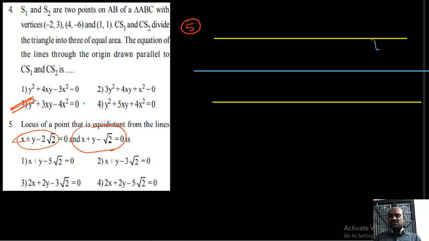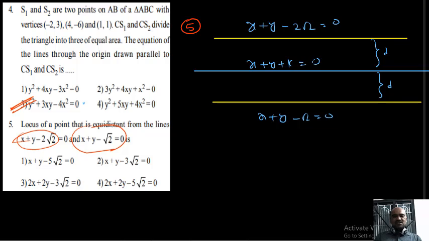Students, this distance should be equal to this distance. So what is this? x plus y minus 2 root 2 equal to 0. Another one is x plus y minus root 2 equal to 0. Automatically this is x plus y plus k equal to 0. I can say the required equation